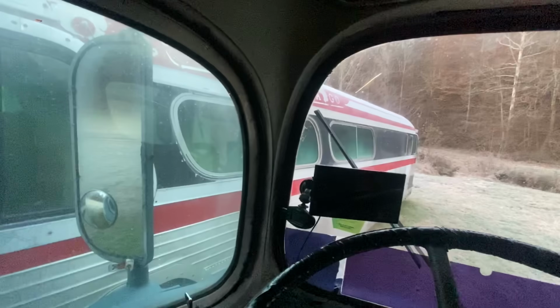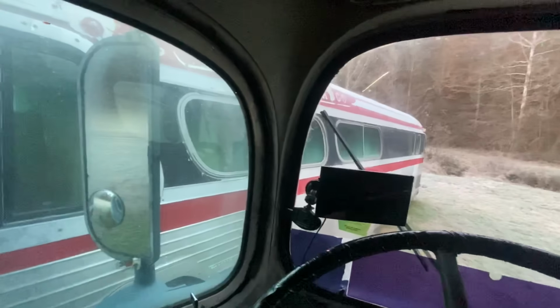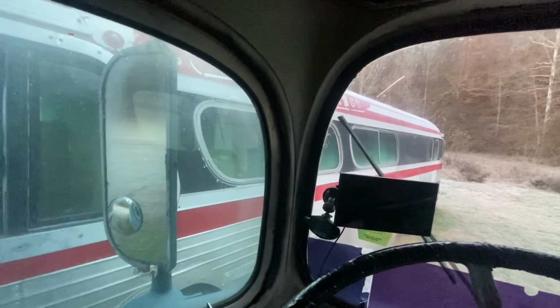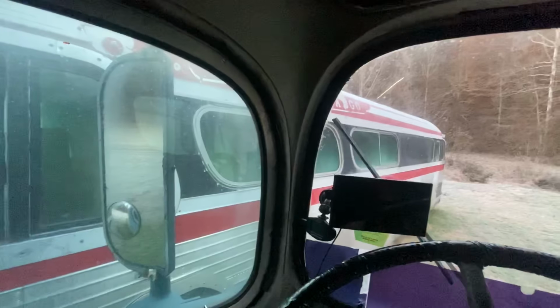But if I gotta order parts, I gotta order parts. Luke can have them here in a day or two. Not really a big concern. Overall, the bus is in really good shape considering it's been off the road for 28 years. It's nice, and